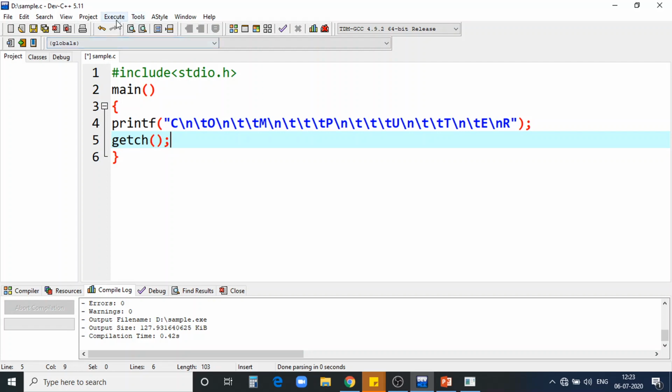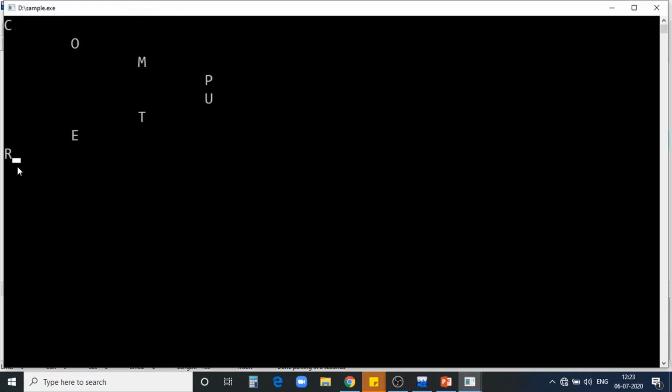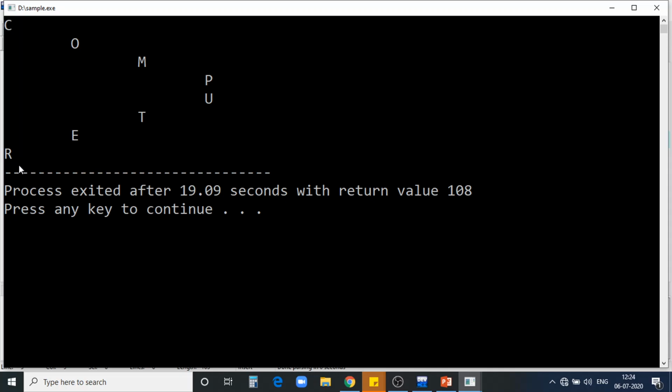See, if I run the program, now the cursor is waiting. Means the cursor is waiting for the user to press any key on the keyboard. Then only this output screen will be closed. Till the user presses one character on the keyboard, the output screen will not be closed. See, if I press any key, it is getting closed.